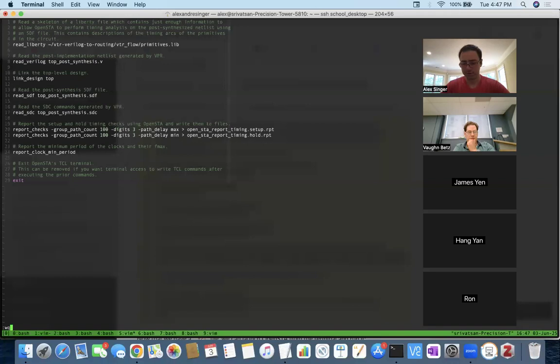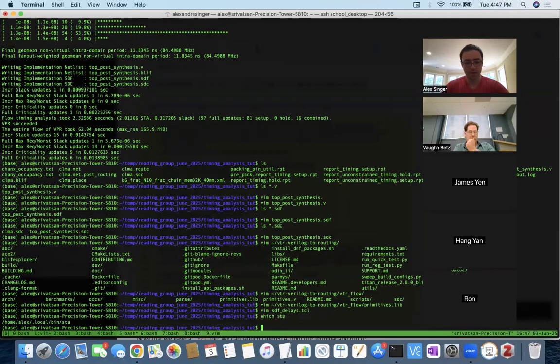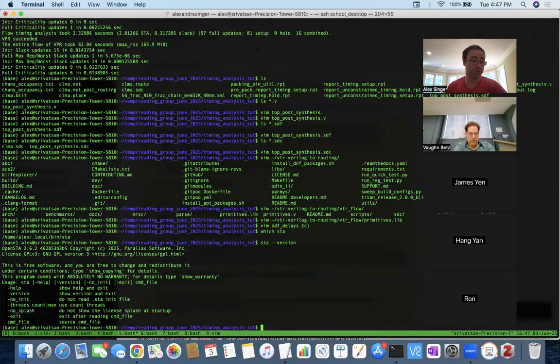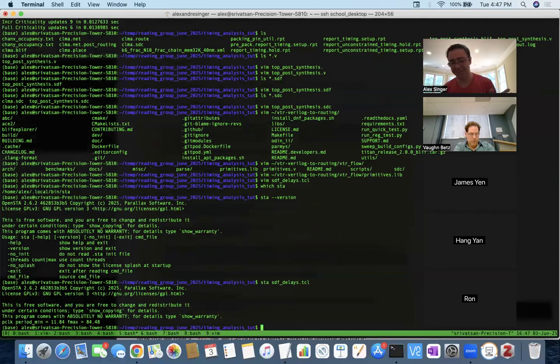So I'm going to run this command by using the STA. STA is how you run OpenSTA. And for brevity, this is the version that I'm using, 2.6.2. And all you have to do is just pass it the Tcl file, and it will run OpenSTA. This takes a few moments just because 262,000 lines of Verilog is a lot, but as you can see, it's relatively fast. And it says the clock period is 11.84 nanoseconds, and the Fmax is 84.48